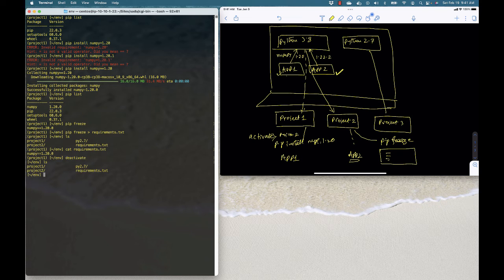So you can go ahead and then activate project 2. Let's just see project 2. In this particular case, now you're working on application 2. You would say source project 2. Now if you say pip list,